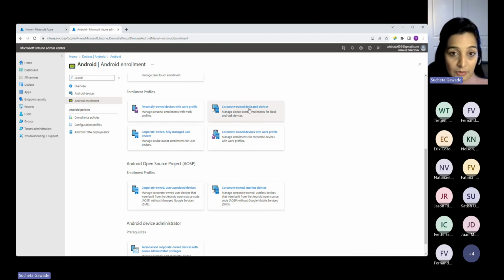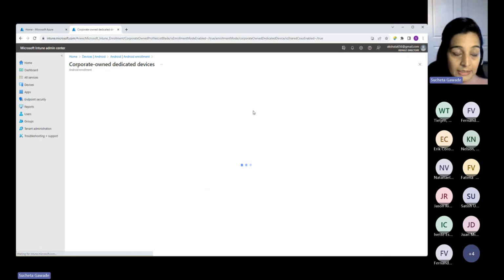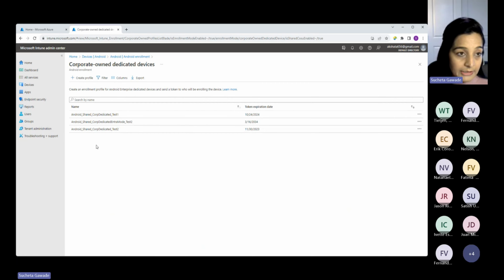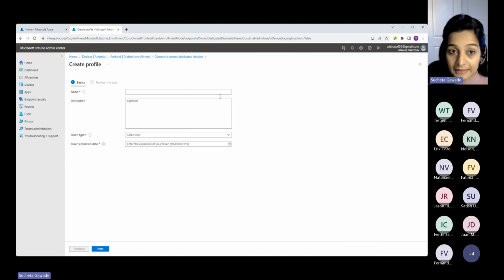However, focusing on this one here, the corporate-owned dedicated devices, you go in there, and as you see, I already have some profiles here, but what you can do, you can create a new one, and that's what I'm going to do right now. I'm going to make a copy of that, so you can have naming syntax, and you should always follow a naming syntax because that's helpful when troubleshooting something or when you're trying to find something in your